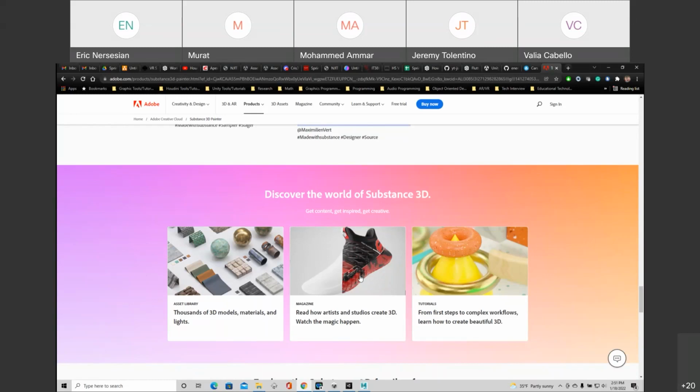So Substance Painter and Substance Designer really took that part of the workflow process by storm, and I would say that there's not really much replacement. There's a lot of other tools. So this part of the process where you're developing these really advanced materials and you're somehow painting them onto the model,